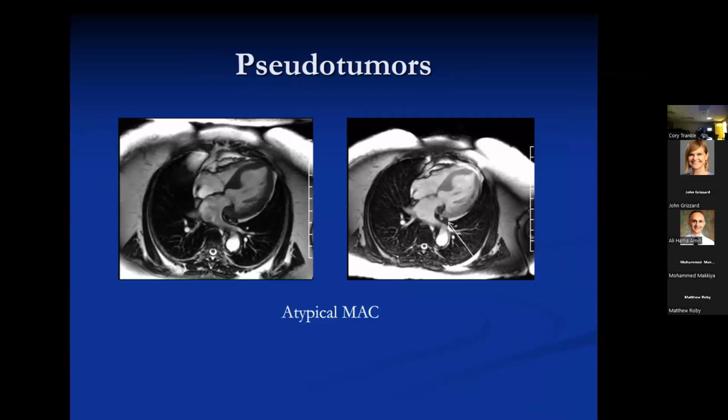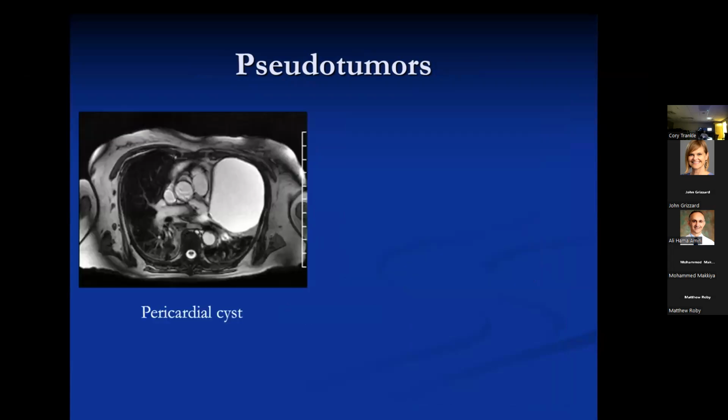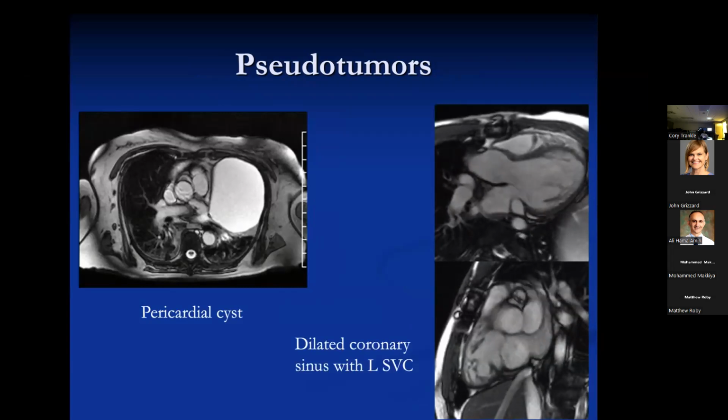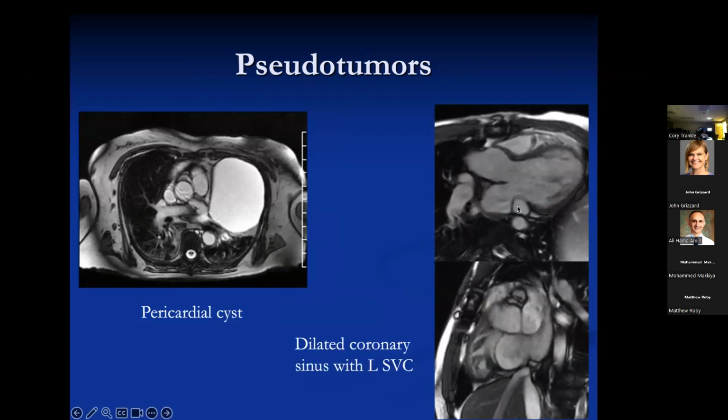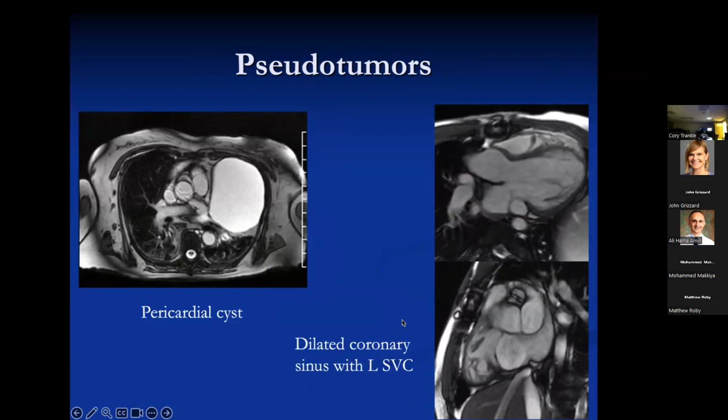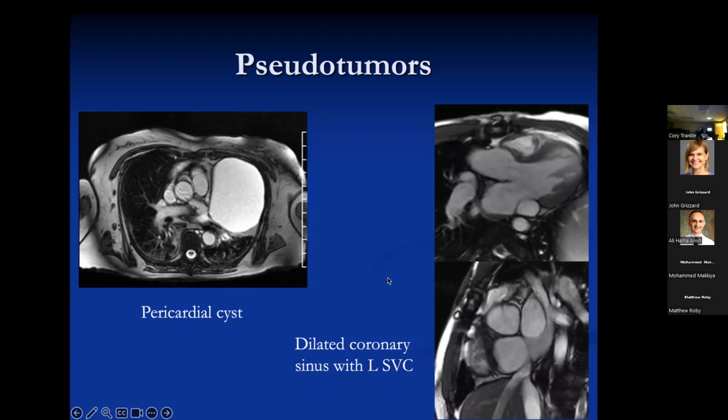Atypical mitral annular calcification can really be kind of a fooler. The post-contrast images here look really odd. There's also a little infarct there. Don't be fooled by that on the post-contrast images in the lateral wall. But that infarct, that atypical MAC can be confusing at times. Pericardial cysts, some people will include with pseudotumors. Other things, including like this, where you have a very prominent coronary sinus, is actually due to a dilated or persistent left SVC.